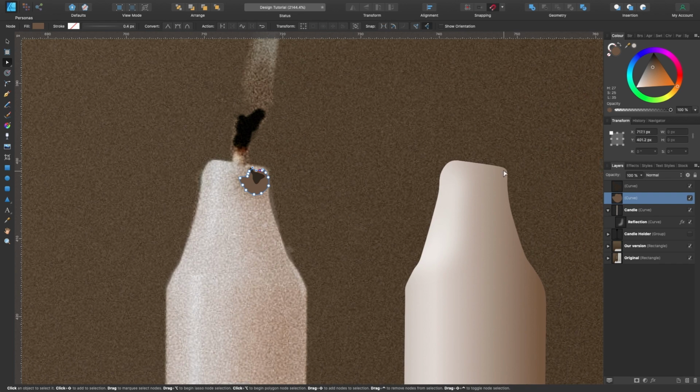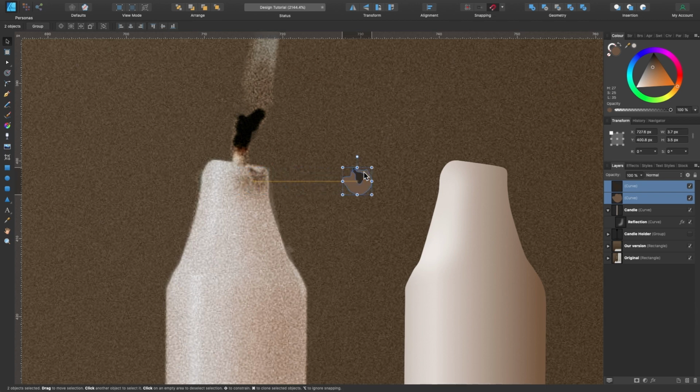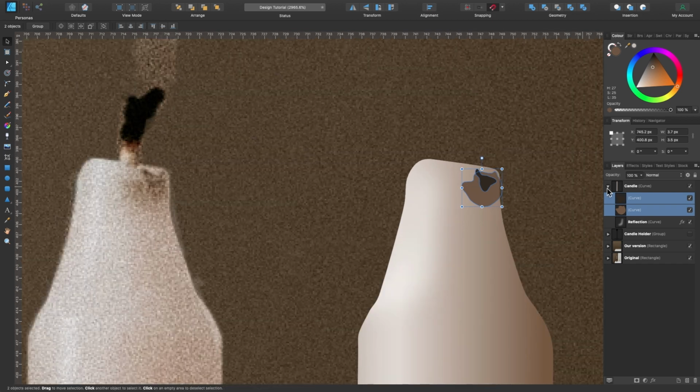We're going to transfer that over to our candle. So I'm going to press V, the move tool. I'm going to select both of them. I'm going to click and drag it across whilst holding shift, so it ends up in the same kind of spot. So I think it's around about there. And I'll clip that inside of the candle as well. Okay, let's play around with the Gaussian blur. So I'll do the base shape first.